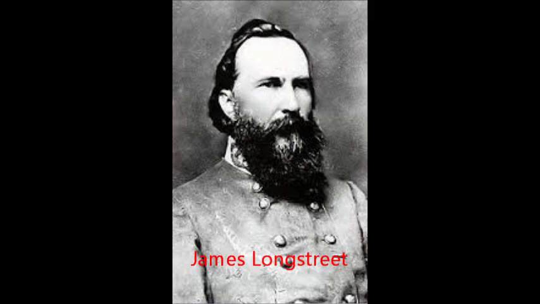Robert E. Lee had planned to separate the forces to get more chances, so he divided the soldiers, and James Longstreet attacked the left side of the Union defense. James Longstreet was a U.S. Army officer, government officer, and most famously a lieutenant general in the Confederate army.